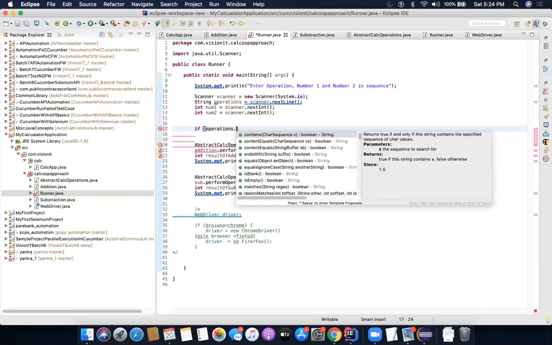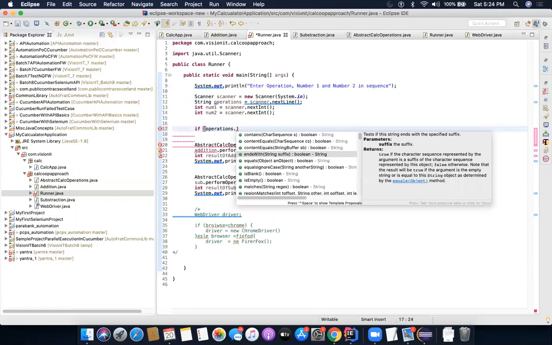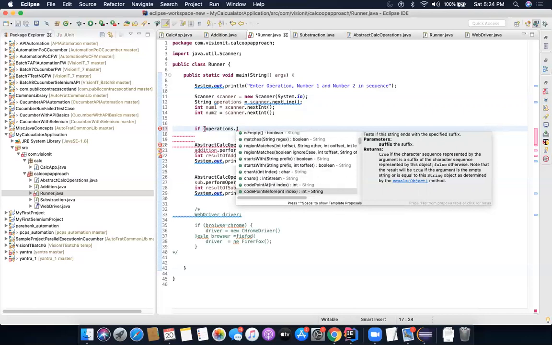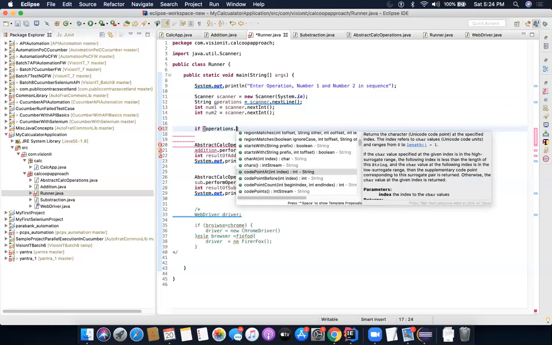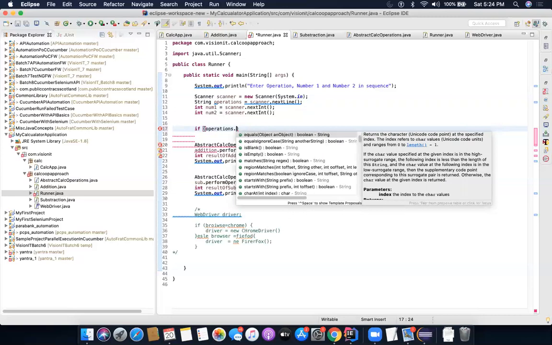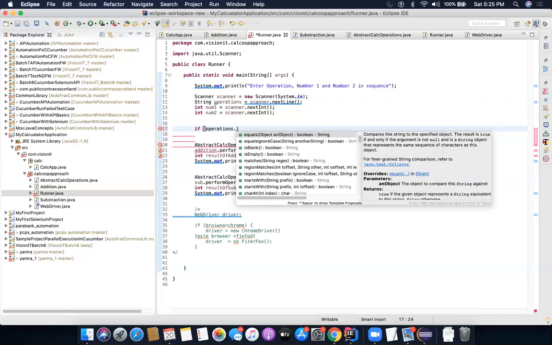Now in strings, we have different methods available so that you can work with strings. If you have a string, that means it's a sequence of text and you would like to do many things with it. You want to reverse it, see if it's empty, or see if it contains a specific string or a specific set of sub-characters. For all of these purposes, you can make use of methods that are already available, given to you by the Java system itself. These already come with Java, and you can make use of them.